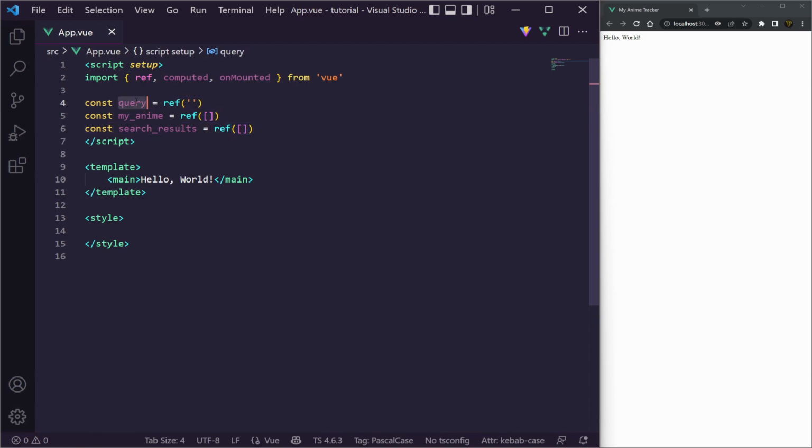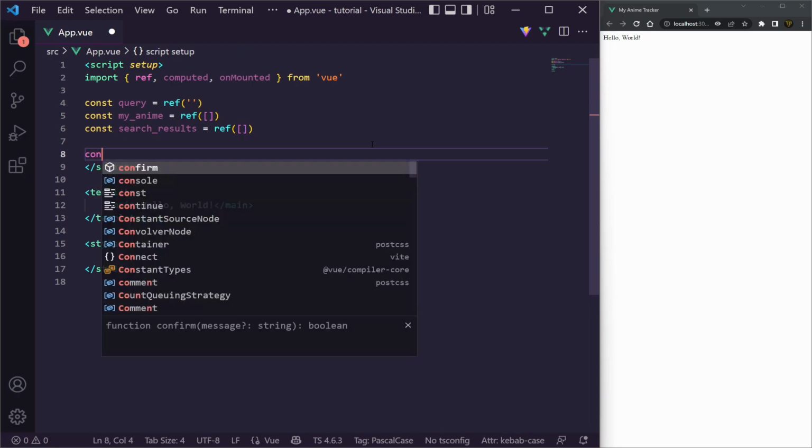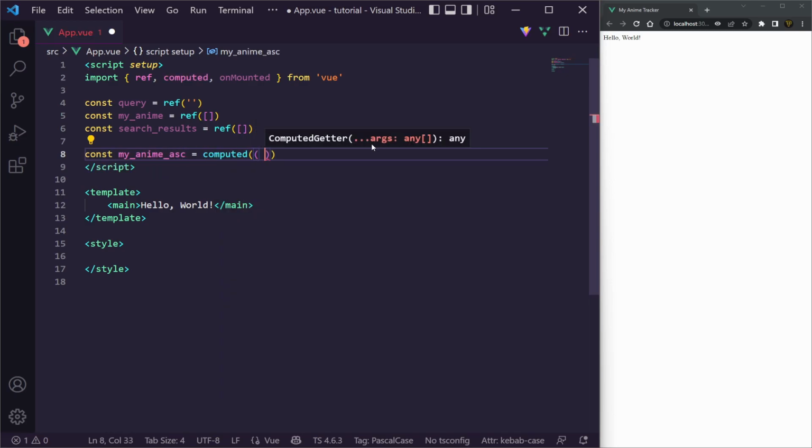So we've got query, which is going to be what we type into search. This is going to be what we're looking for. This is myAnime, which is going to be our anime list. So this is going to be the anime we add to our anime list. And then searchResults is going to be anything we get back from our query once we submit to the API. So what we're going to do here is say const myAnimeAscending, and this is going to be equal to a computed value,